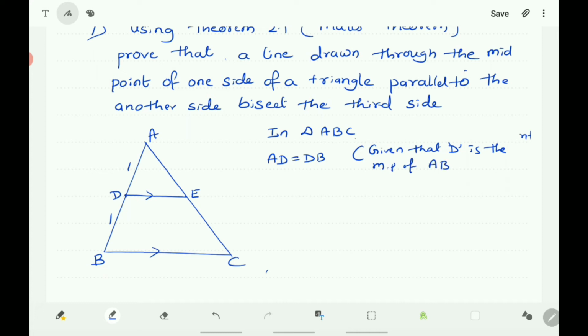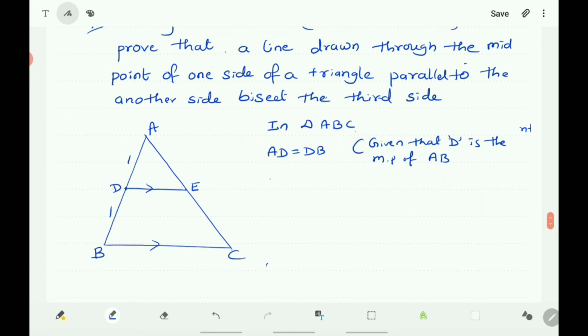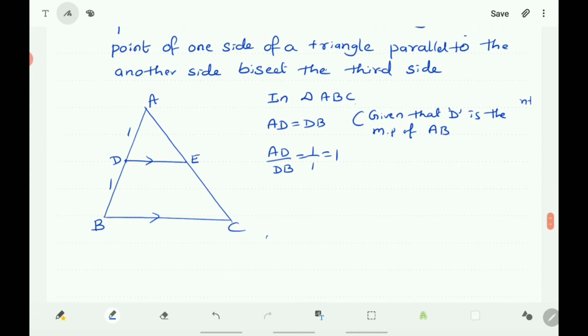Next you take here the ratio becomes AD by DB is equal to 1/1, that is 1. Then consider this is first. And here it is also given that DE is parallel to BC,